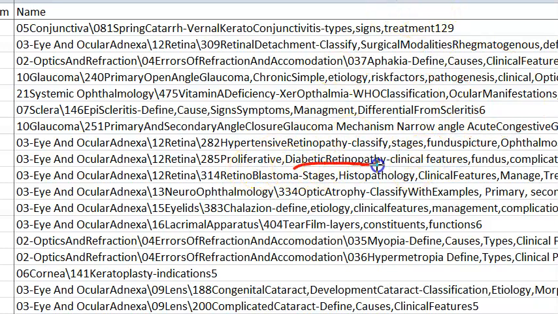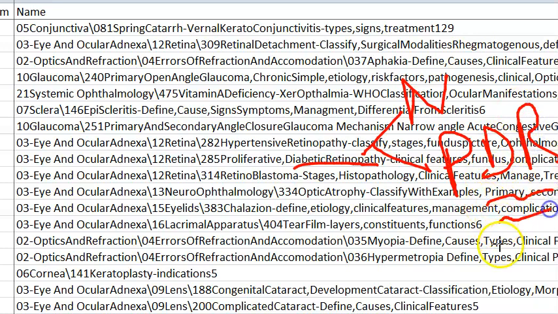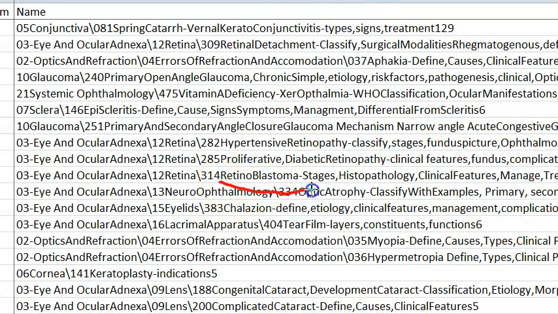Then coming to diabetic retinopathy, you have two types: non-proliferative and proliferative. Proliferative is PDR, proliferative diabetic retinopathy. Here you will have new blood vessels, okay? So this one is important. They will ask you all this in the exam, guys. Focus. Then you have retinoblastoma. Retinoblastoma is important.